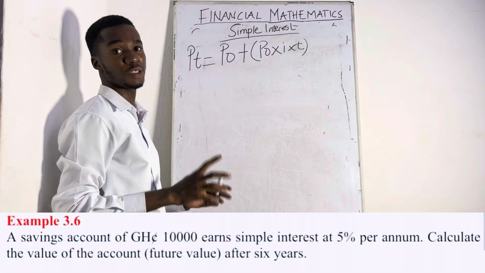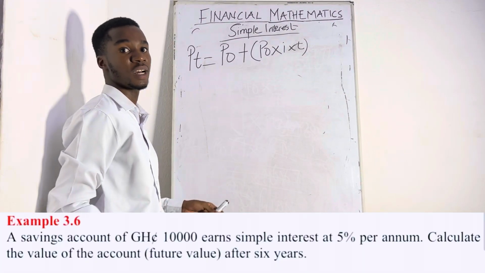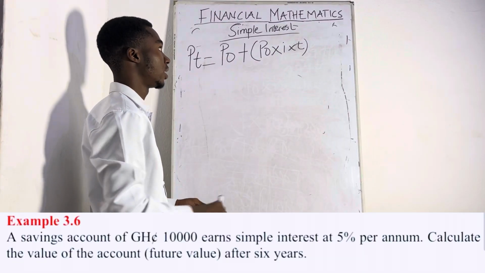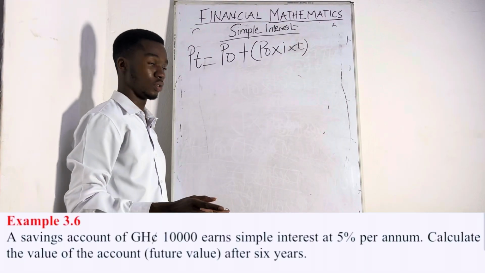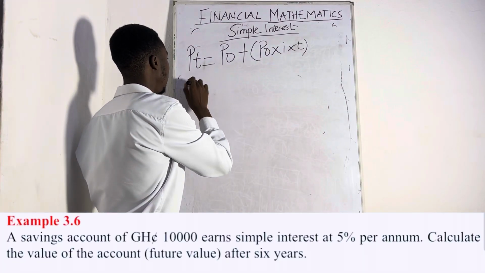Always divide the interest rate by 100. So if it's 5%, 5 over 100. If it's 6%, 6 over 100. 10%, 10 over 100. Then T is the number of years. Do you get it? So now that we know this, our future value, which is P_T, will be equal